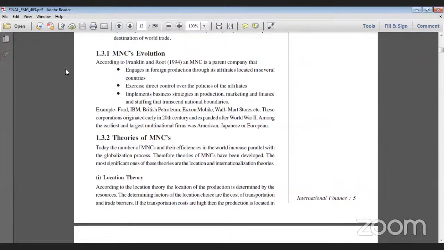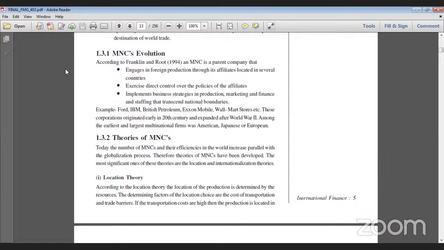They originated early in the 20th century, expanding after World War II. Among the earliest and largest multinational firms were those of America, Japan, and Europe. Theories of MNC. Today the number of MNCs, meaning multinational companies, and their efficiency in the world are increasing parallel with the globalization process. Therefore, theories of MNC have been developed. The most significant of these theories are